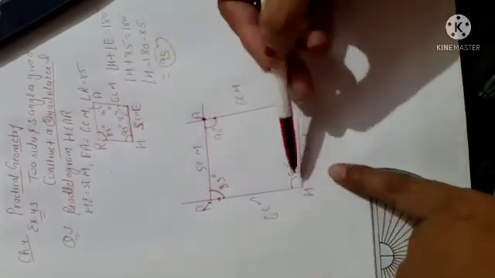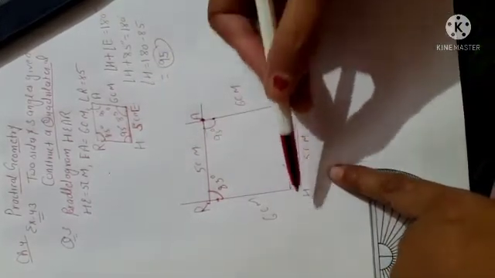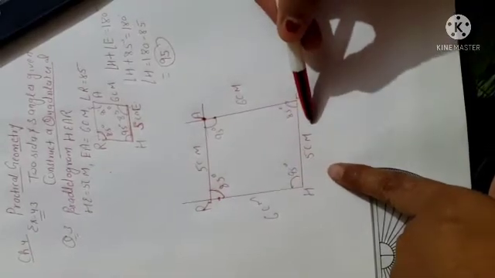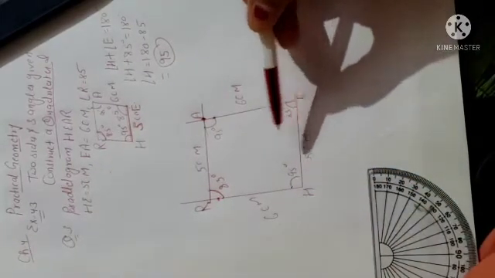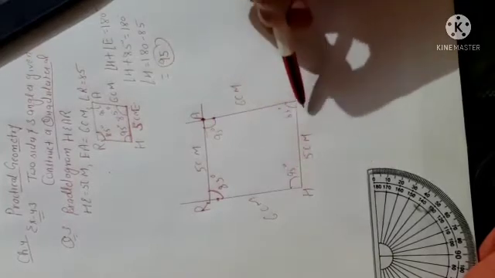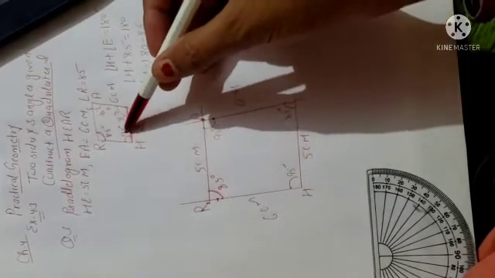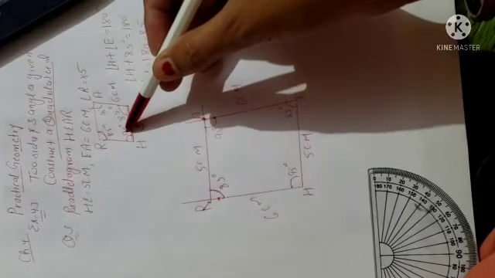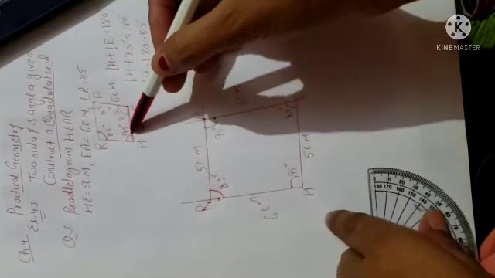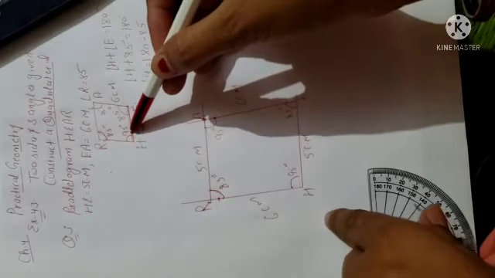So first of all, in your fair diagram, what will you do? You will draw a line segment HE of 5 cm. After that you have to draw both the angles H and E. So the H angle, you can see, is 95 degree, which you have found out. Okay, so this is 95 degree. So how will you draw the 95?